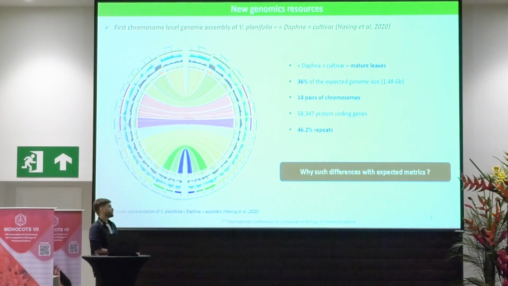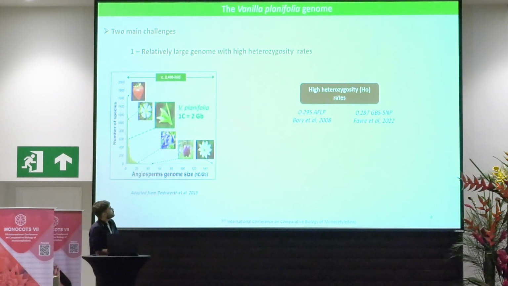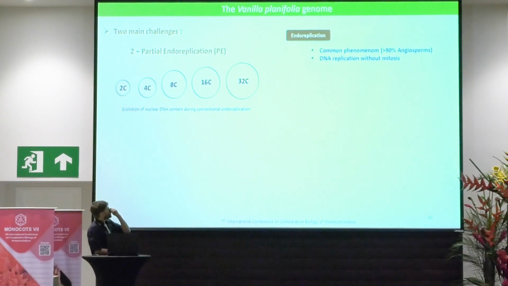But well, we can still ask ourselves why we observe such differences with the expected metrics. And in fact, there are 2 main factors that can explain it. The first one is the high heterozygosity rates of this genome, as it has been shown by several studies using different kinds of markers. But the main reason surely is